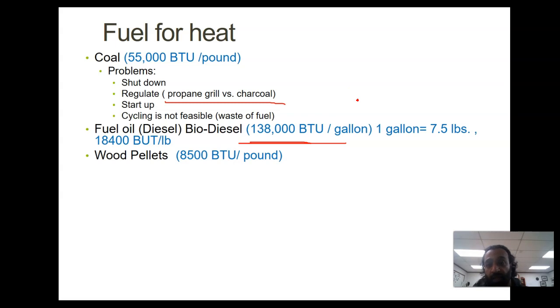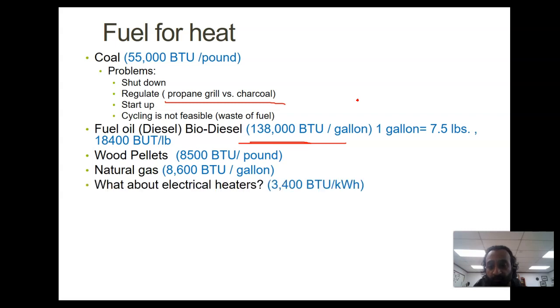Wood pellets provide you with 8,500 BTU per pound. Wood pellets are convenient. They're easy to transfer, but again, they're not always abundant, and the price does fluctuate a lot based on the production. Natural gas,